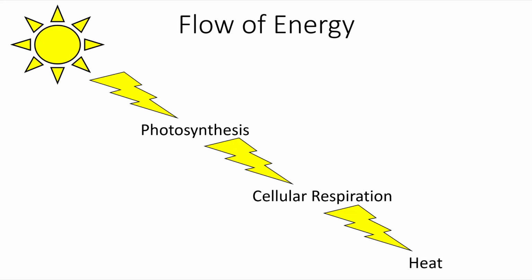Heat is the least ordered, least organized form of energy, and so, if that heat energy is released, it's not available to do other work. It can't power photosynthesis again. Once it's done its job, it's not able to power cellular activities. And so the energy flows in one direction.